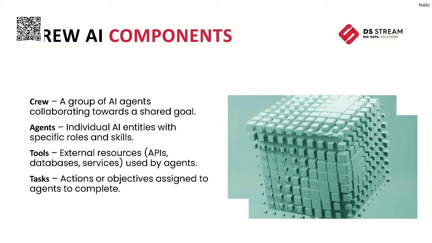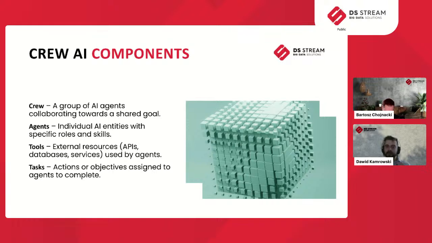To build a truly capable AI system, we need to think beyond a single agent and consider how multiple agents can work together efficiently. This brings us to the concept of a crew, a group of AI agents collaborating toward a shared goal. Within this crew, each agent plays a specific role, equipped with distinct skills and responsibilities. Rather than operating in isolation, agents interact with one another, exchanging information and coordinating actions to achieve a more complex